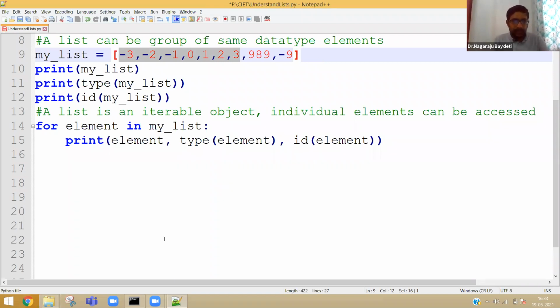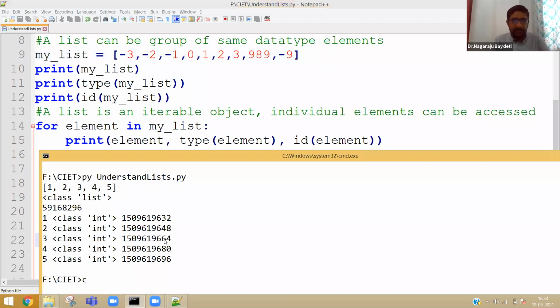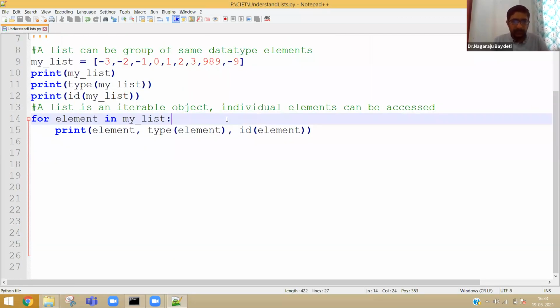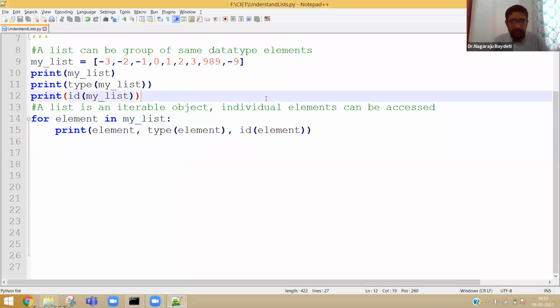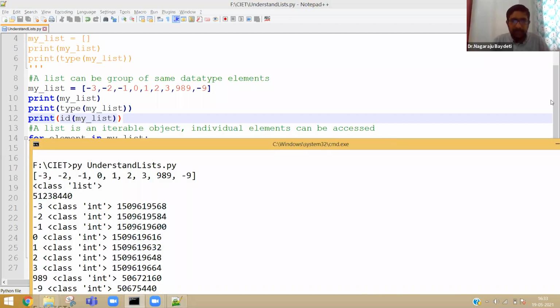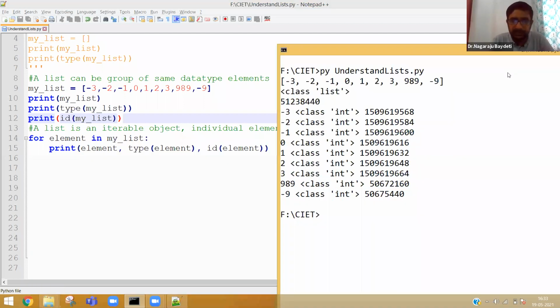Okay. Now let us try to execute the program again. Now I sincerely believe that whatever we have understood till now in the integer interning is still intact in the list object as well.